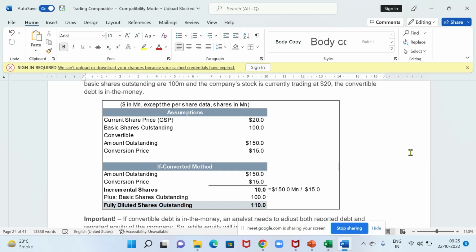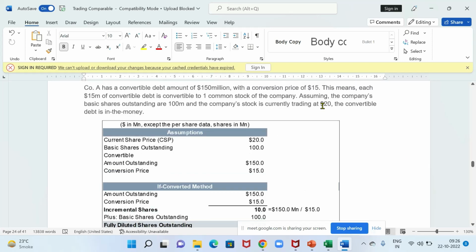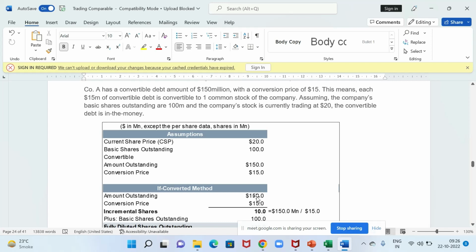There is a difference. Do you understand in terms of what that underlying security is and how the accounting treatment works for it? Options I am yet to issue. I have not received funds. Convertible debt I have already issued, but I'm just checking whether that convertible debt is in the money or not. So either it is treated as debt or as equity. If it is treated as debt, we will not be doing this exercise. We have to just compare the strike price and exercise price. So since 15 is lower than the current price, hence it's in the money.